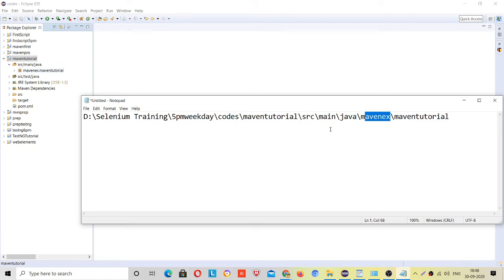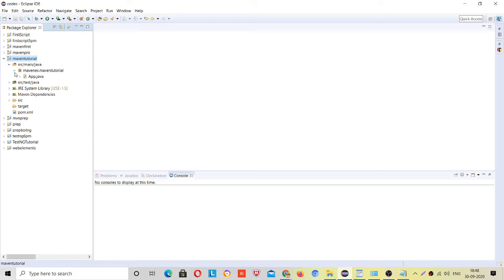So this way you will understand, but currently we don't have to touch this part, right? We have to work with this src test java, right? All your test cases will be created under this only, right? Other logic that you have to design for a framework, base classes, and other common things will be given here. All the test cases will be written under this, because this will be considered as TestNG work inside this only, right? So you have to start working with this.